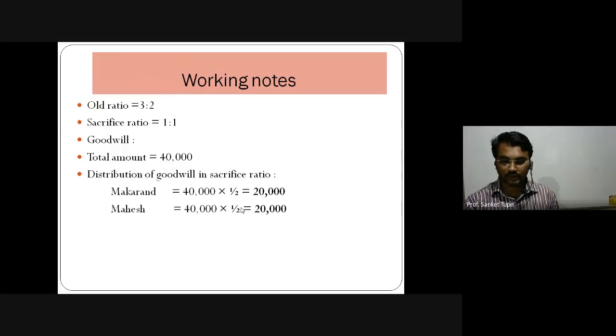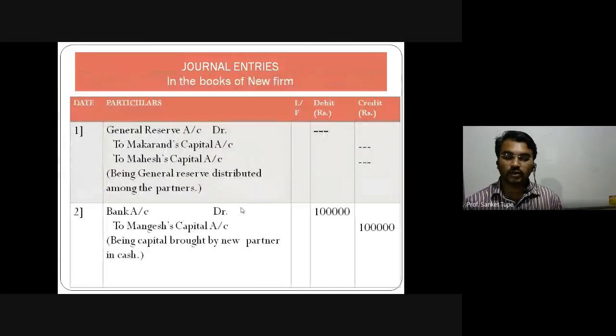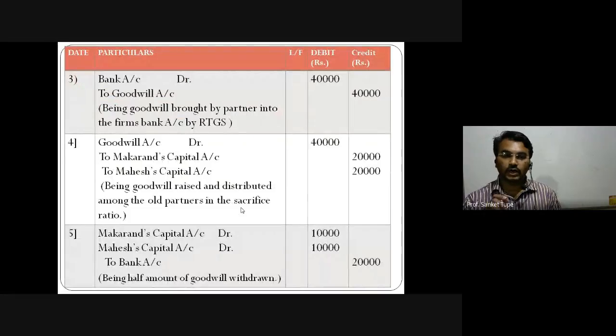So here entry we can make cash account debit, sorry, old partners capital account debit to cash account. But here one transaction we had shown with the bank, so the other transaction we also show with the bank account, because for calculation purpose, for finding the balance of bank account, for that purpose only we are making this adjustment. यहाँ पे हमें कैश की जगह क्या लिखना है? बैंक लिखना है. अगर गुडविल विड्रॉन हो और आपको बैलेंस शीट में भी बैंक अकाउंट दिखाई दे, so that time you will give the credit to bank account. So entry is what? Makarand capital account debit 10,000 and Mahesh's capital account 10,000 to bank account 20,000.